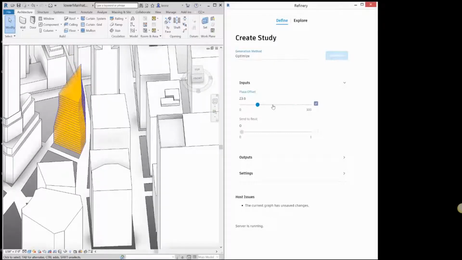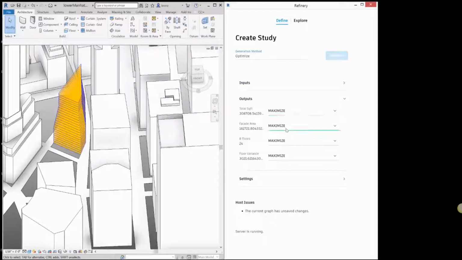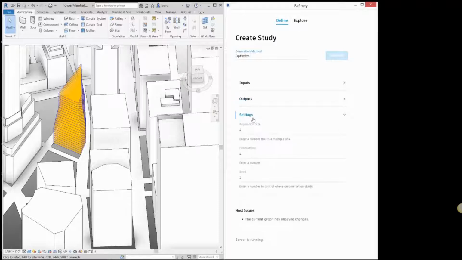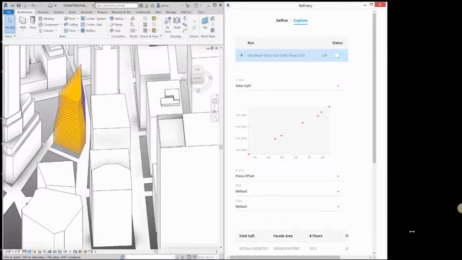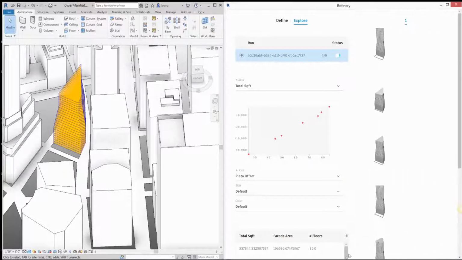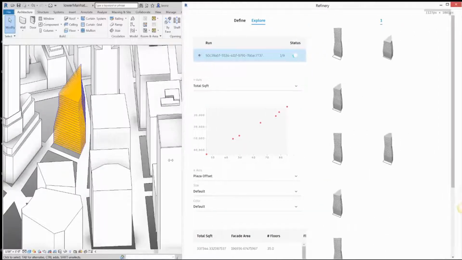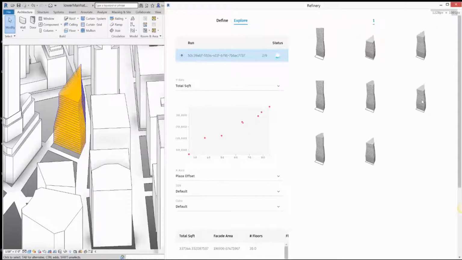Goals are set for outputs such as maximize total square footage, minimize facade area, minimize the number of floors, and minimize the floor variance. We're also able to adjust the population size for generations of the multi-objective optimization. When generated, the resulting study reveals a series of data-driven options with varying forms. We can make quick changes to our graphs to analyze data based on varying parameters, such as plaza offset or